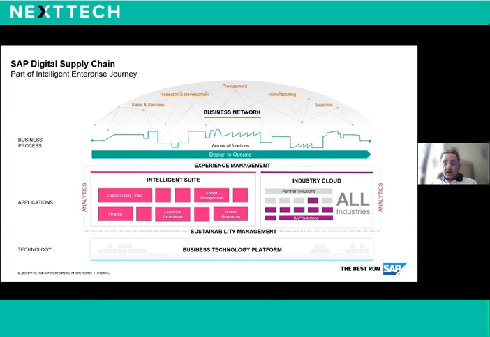But over and above, on the right-hand side, we closely work with partners who come with strong expertise, who have built their key IPs and solutions suited for a particular industry. It might be the dairy industry, pharma or rail. We closely work with partners who have built their IP on supply chain and beyond, who can host their solution on cloud, and the customer can consume the intelligent suite along with the industry cloud solutions.